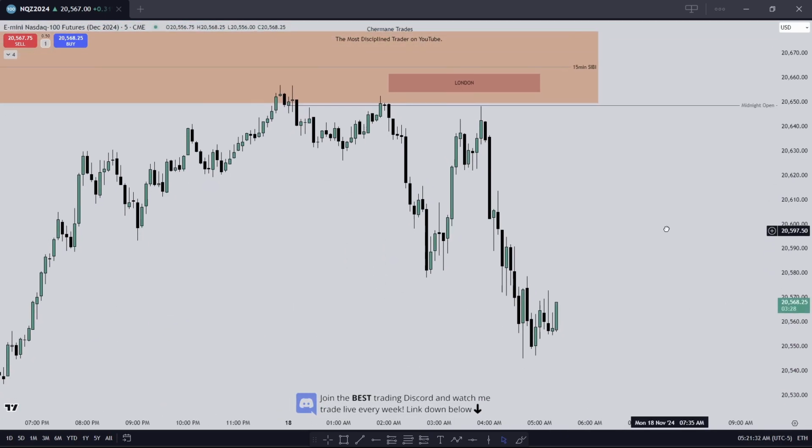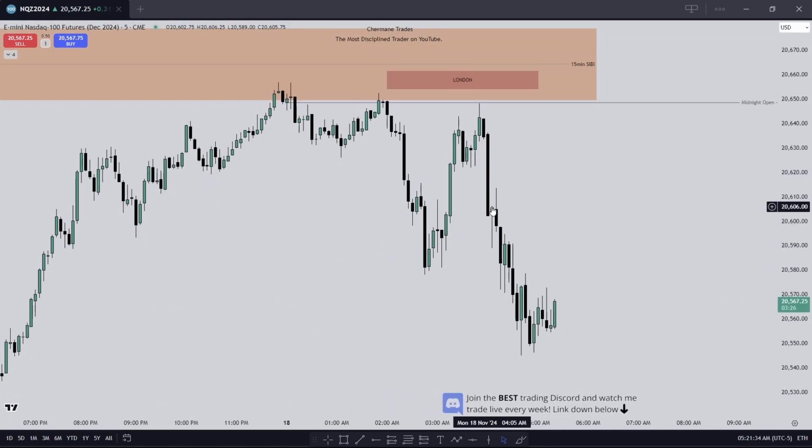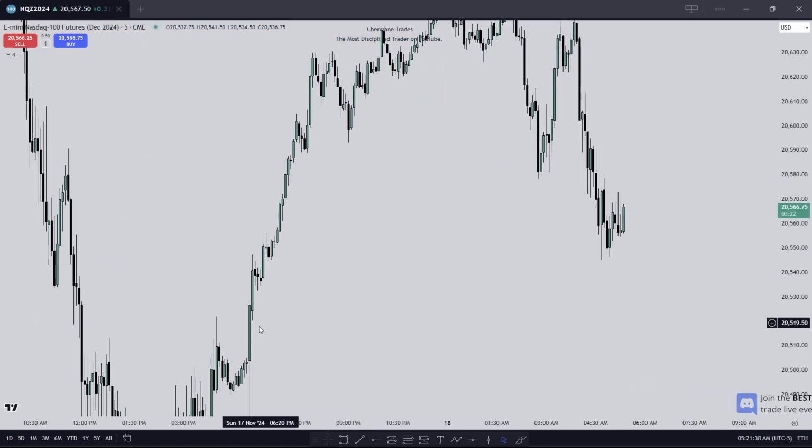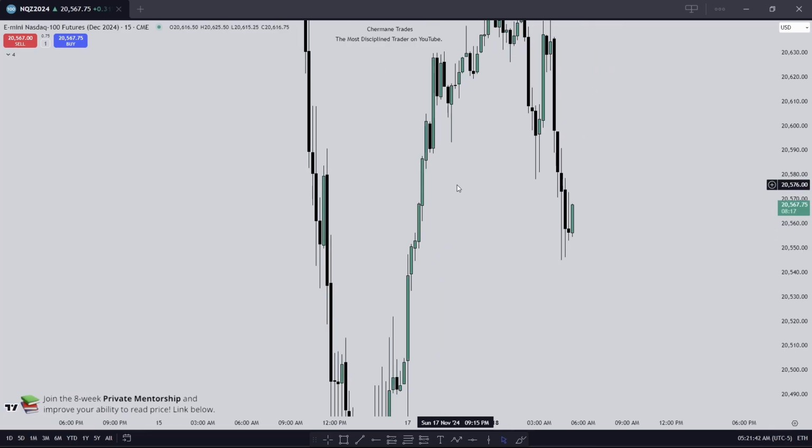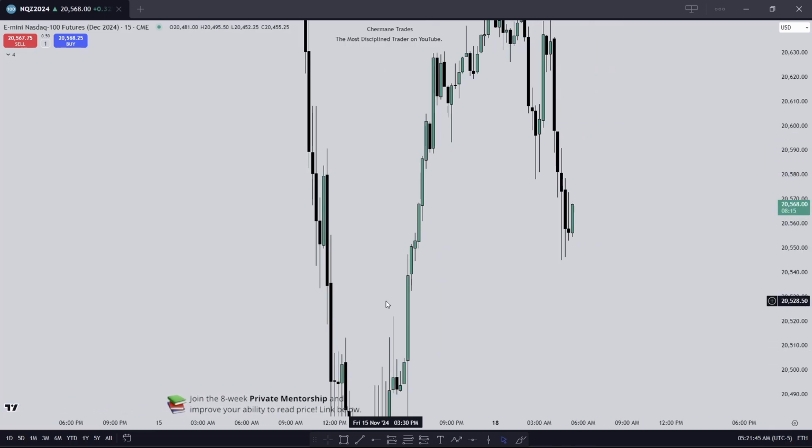All right, if you trade the 5-minute time frame, there's your setup, fair value gap. And you have a lot of inefficiencies here on the 15-minute time frame. Fair value gap, target anything in a discount. Okay, can't go wrong.